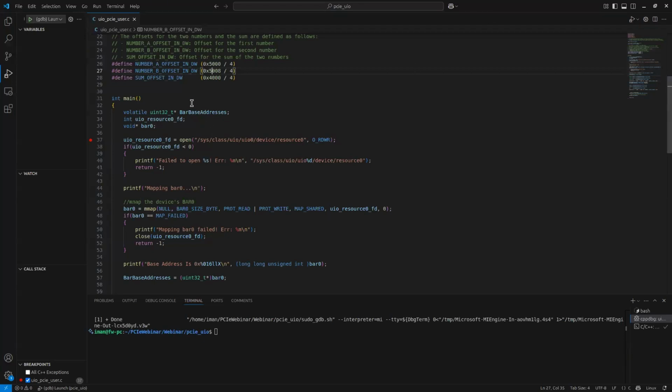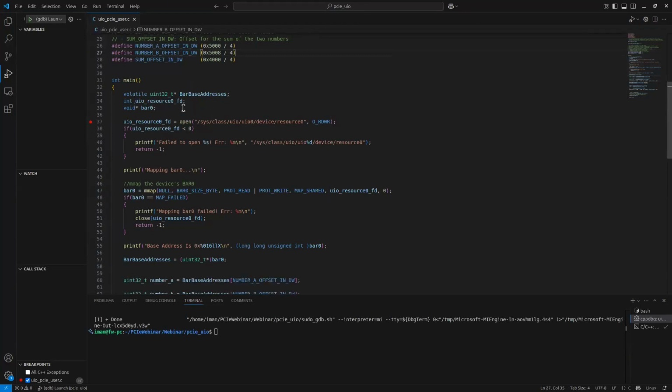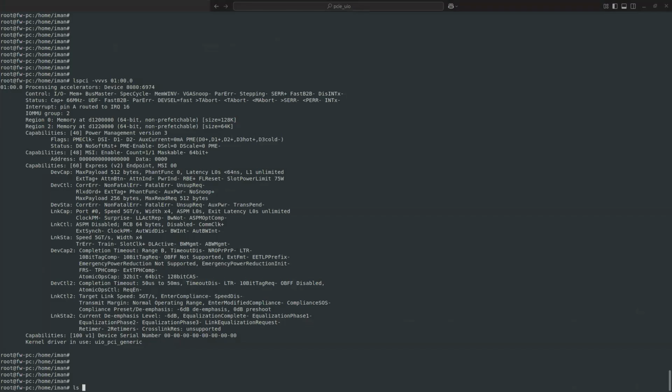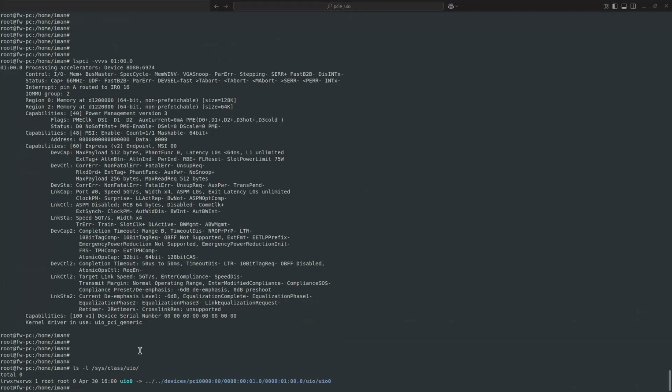So this is our simple VS Code project, a normal C application. To be able to access our BAR, we have in our sysfs folder, sysfs class UIO, because now when I bind my device to the UIO driver, UIO 0 is created. If you look here, let's shell this class UIO, and inside UIO I only have one device, and that device, as you can see, is bound to this address that is my PCIe device.